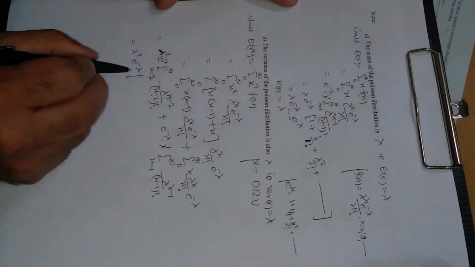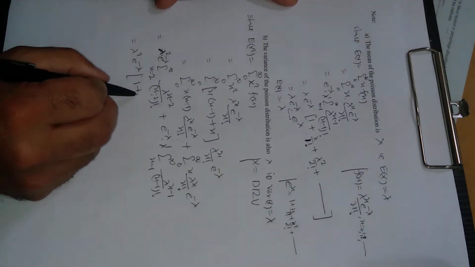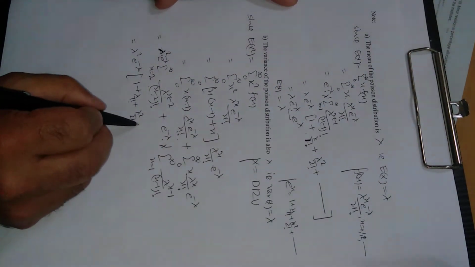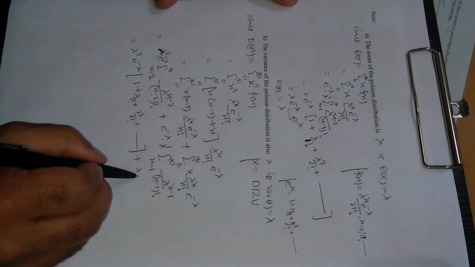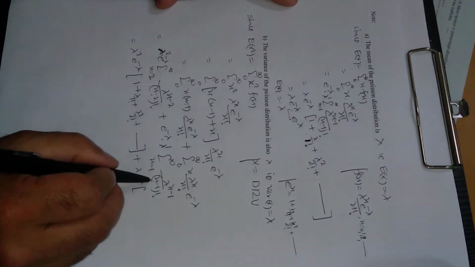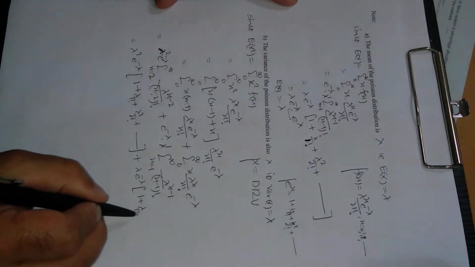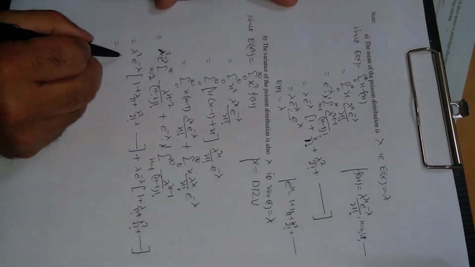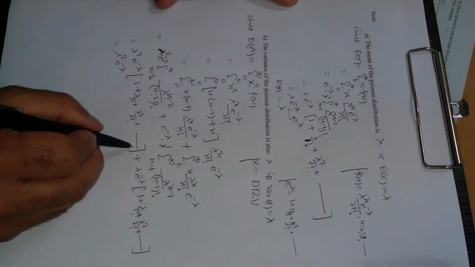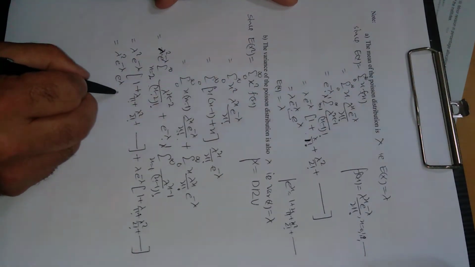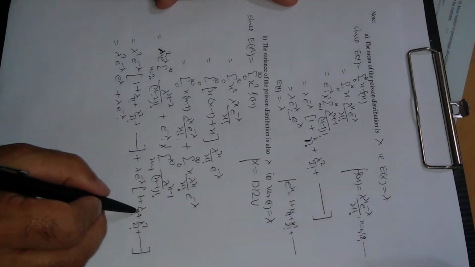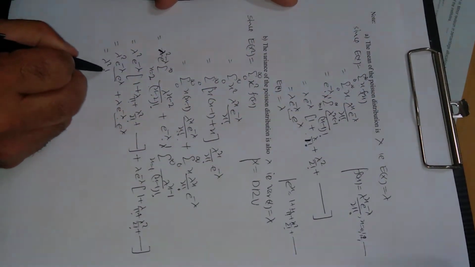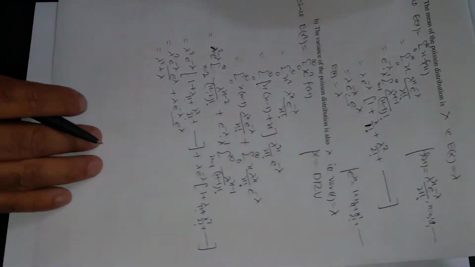Now open this summation. First term is 1, next term will be lambda upon 1 factorial, next will be lambda square upon 2 factorial. Put 2, 3, 4, and so on, continue in this way. This one is lambda e power minus lambda. Similarly, put x is 1, 2, 3 here, you will get 1, lambda upon 1 factorial, lambda square upon 2 factorial, plus so on. So this is lambda e power minus lambda. This is an exponential series in lambda, so this is e power lambda. This is 1, this is 1, so this is lambda square plus lambda. So this is the value of E of x square.